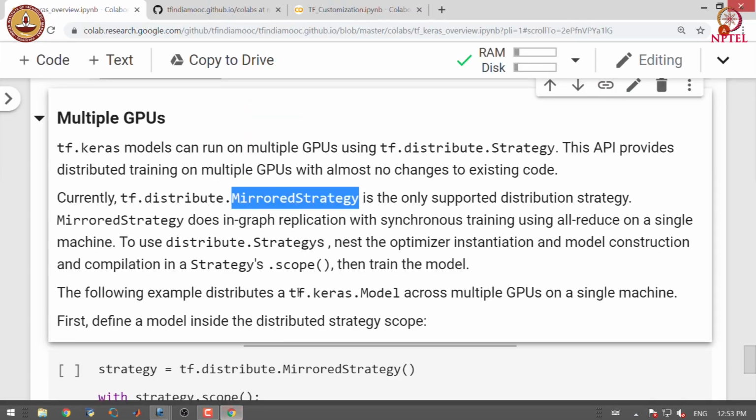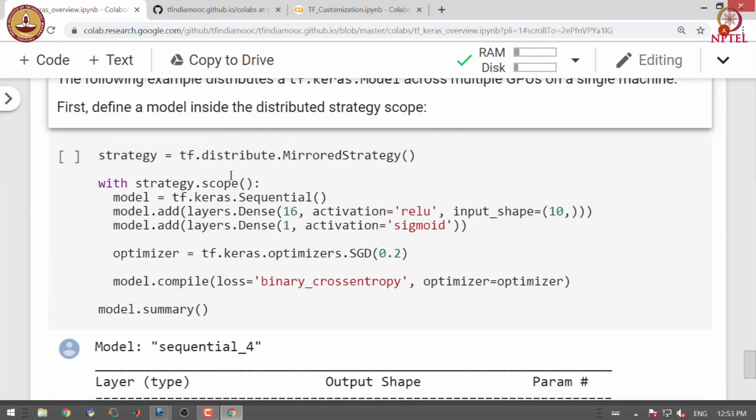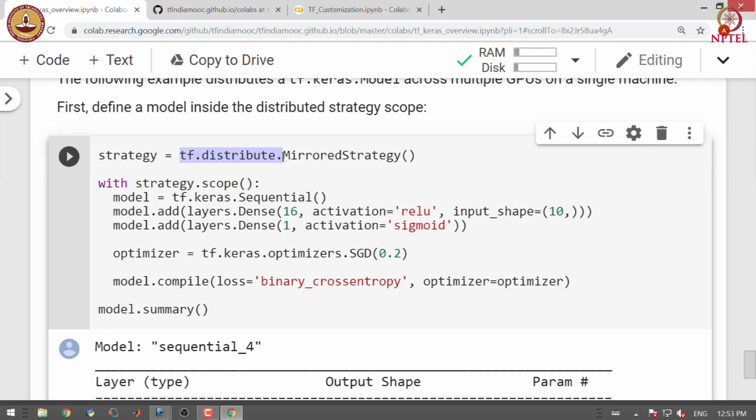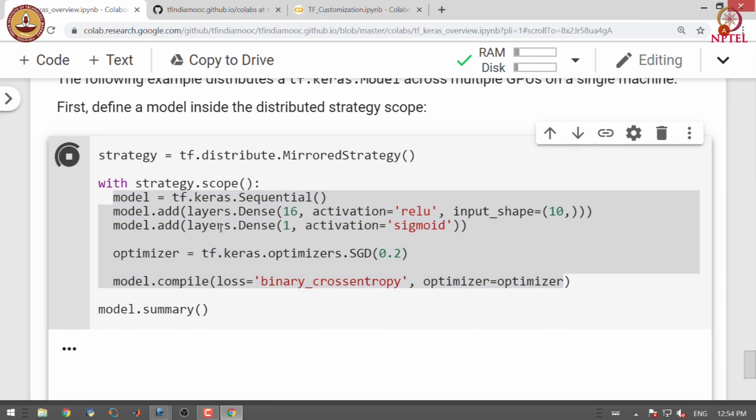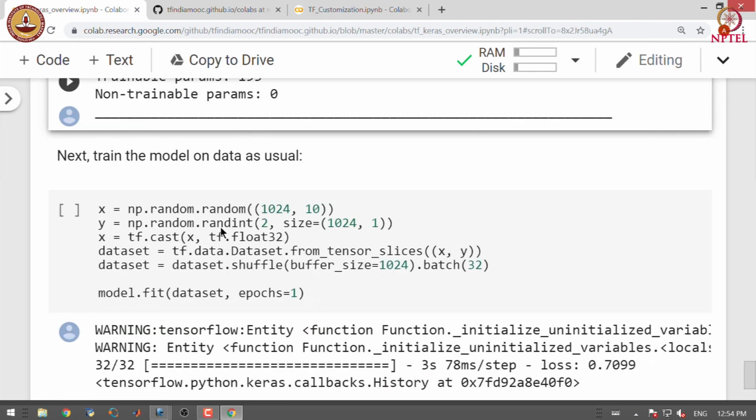In order to use mirrored strategy, we create the strategy, and in the scope of the strategy we define our model and specify the optimizer. Then we train the model on the data as usual.